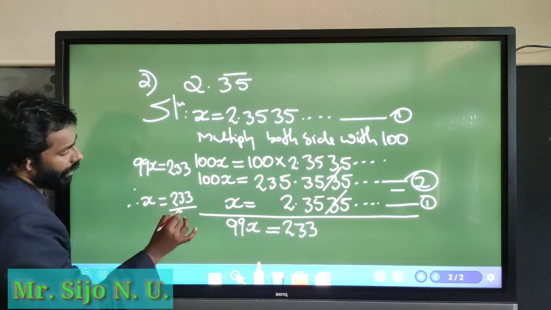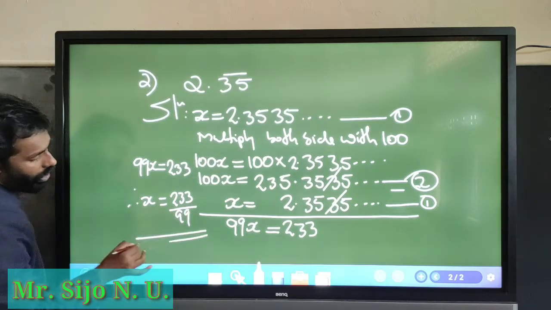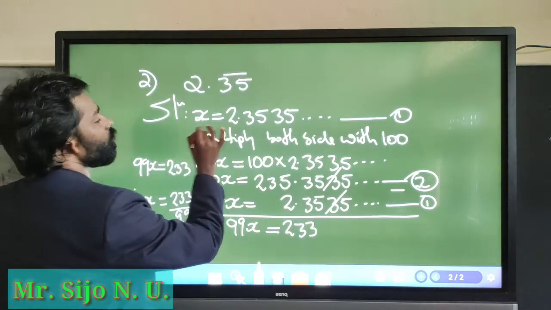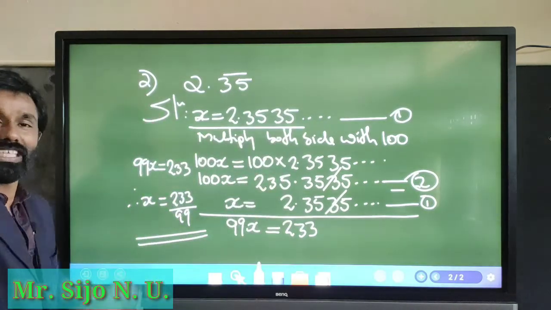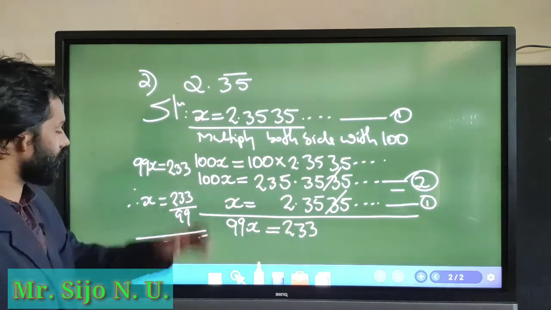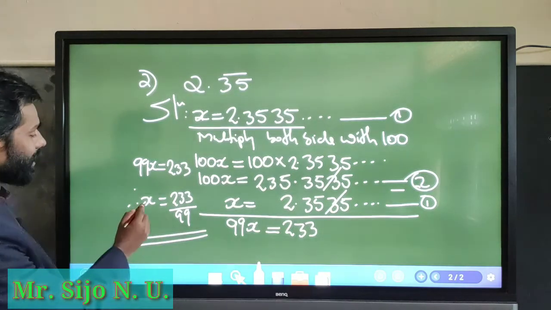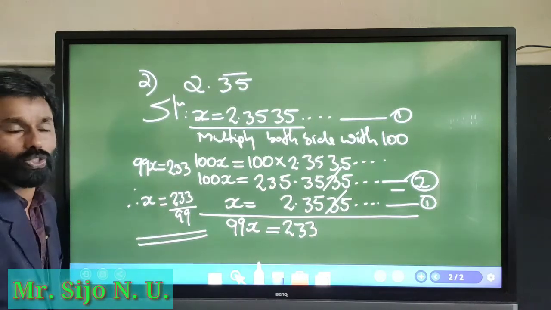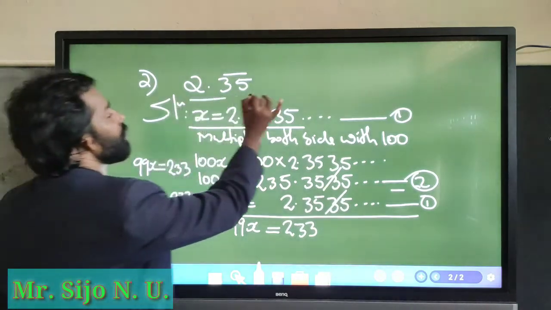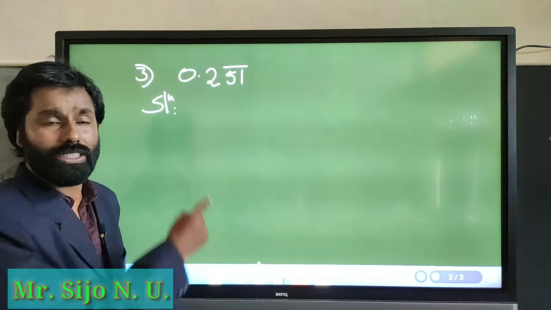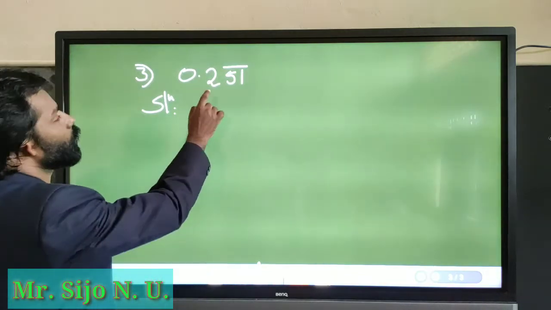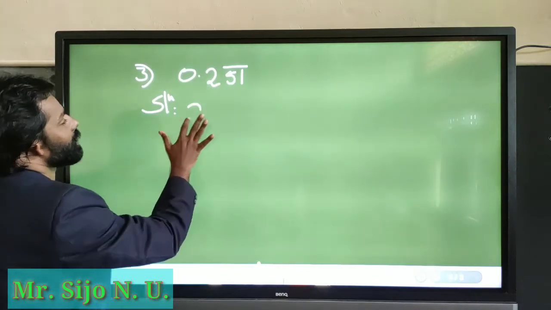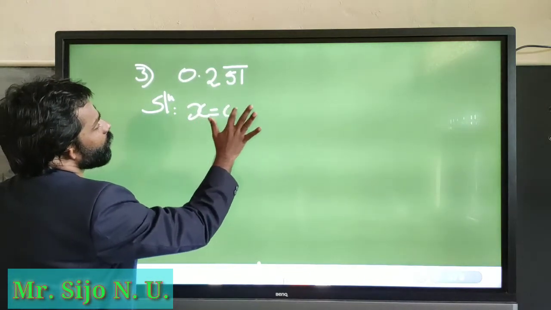233 divided by 99. So what is the value of x? It's a decimal expansion. Now we converted this as p by q form. x equal to 233 divided by 99. So this is the p by q form of this number. Well, now consider here example 0.251 bar. So let us take it as x equal to